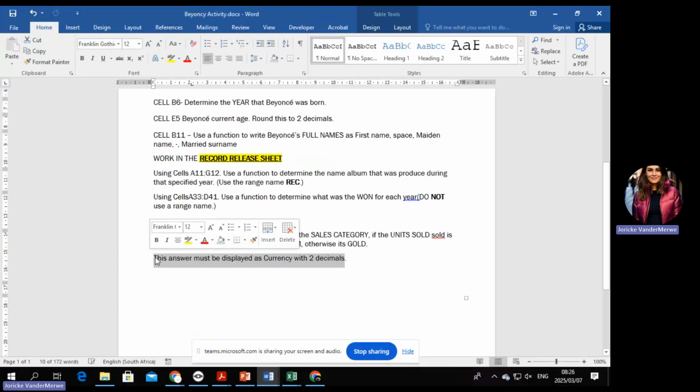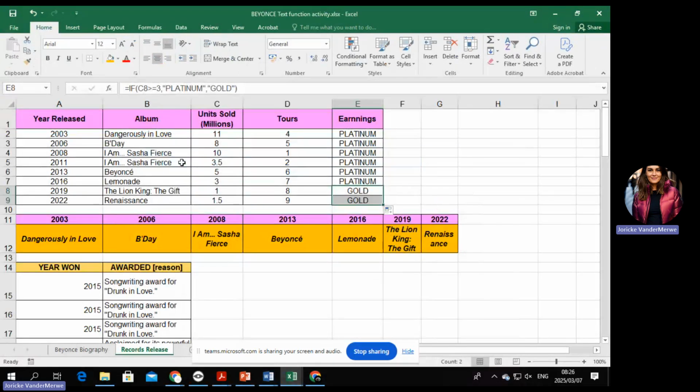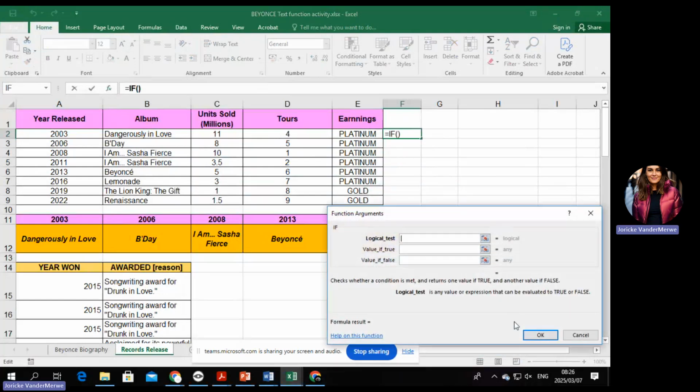It's fine. We did this in class on the day when I said you can also use the if function to multiply. We can actually quickly do it. So let's say if the tours were more than, let's say 4, she gets an earning of 50,000 Rand per tour. So we can say equals FX. We're going to double click.